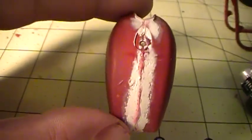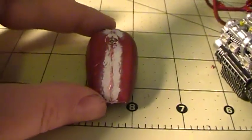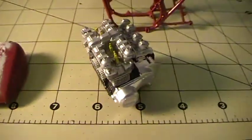So I'm going to go this way. This is the way I do it even when I'm doing figures. So I'm doing the seams. Okay, also